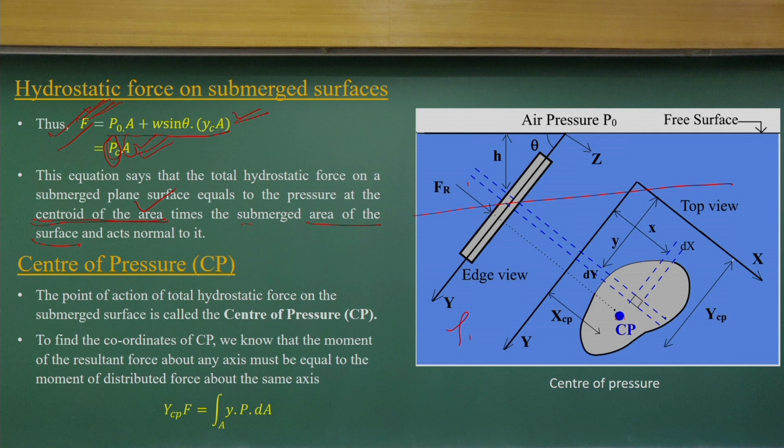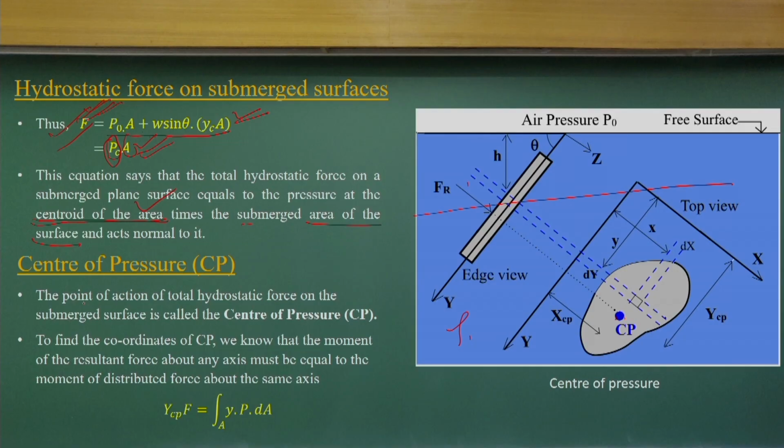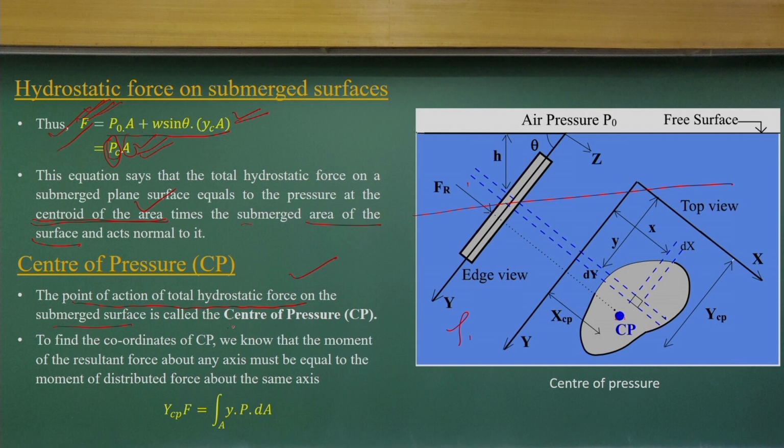The force component due to the hydrostatic pressure distribution on an inclined submerged plane can easily be obtained following these simple equations. Now we need to compute the center of pressure, that means the point of action of the total hydrostatic force on this submerged surface. That is what I tried to explain: it is not only how large the force is, but where it acts, and that also plays a major role in designing structures. To design a gate or any wall, we need to know where this force acts. The location of the force also matters, and that is the center of pressure.